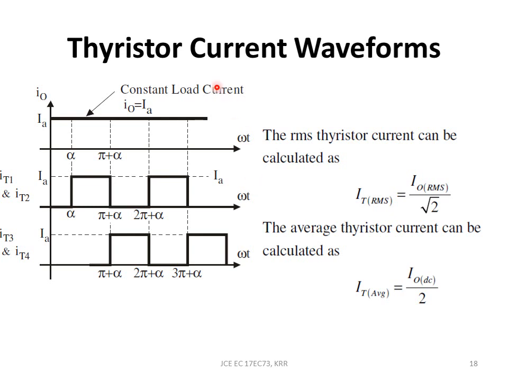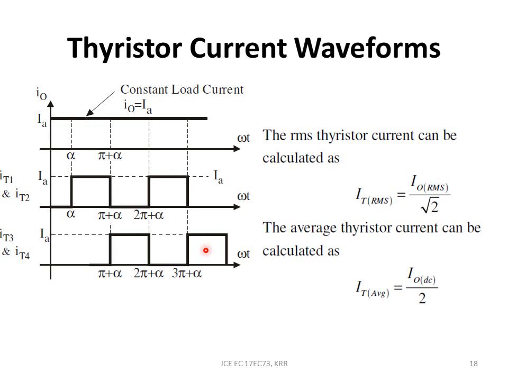Okay. So now that we have looked at the output voltage DC and output voltage RMS for a full controlled rectifier, now let us look at the thyristor current waveforms. What we know is that the load current we have assumed to be constant and continuous. From alpha to pi plus alpha we have thyristors T1 and T2 conducting, and they will always carry the positive current. And T3 and T4 will conduct from pi plus alpha to 2 pi plus alpha. Again, these two thyristors will take over, and that's how the load current becomes continuous. As far as the load is concerned, both these currents are going to flow in the same direction. Hence, both are represented as positive.